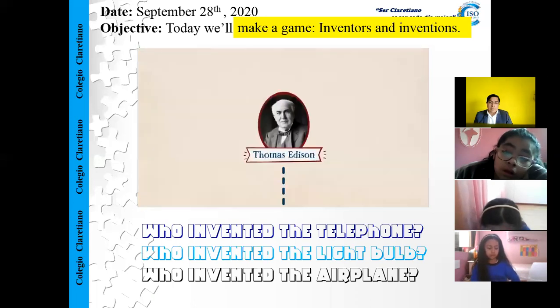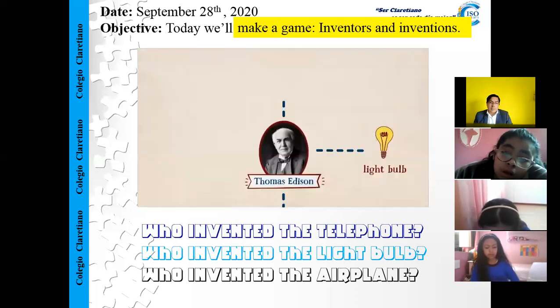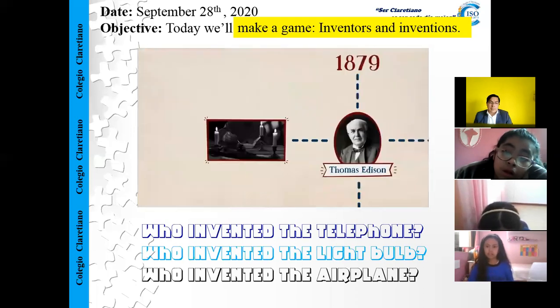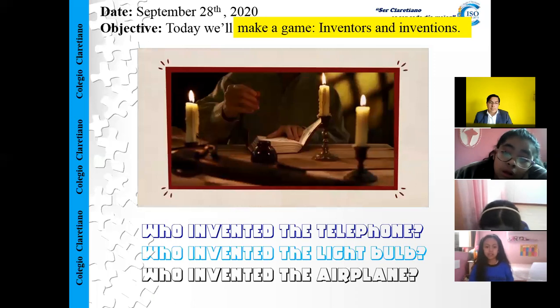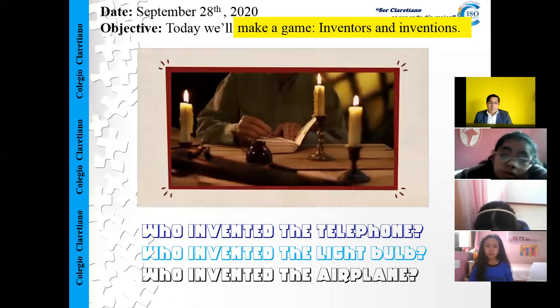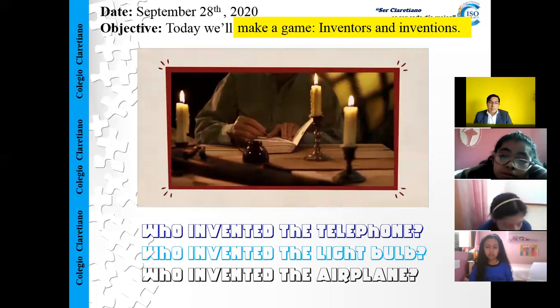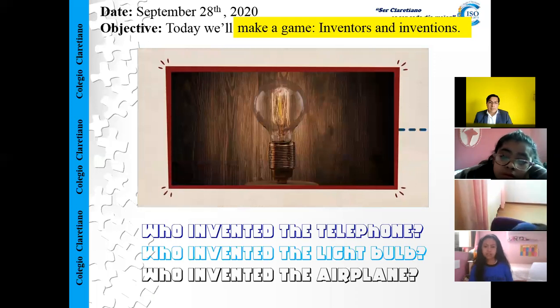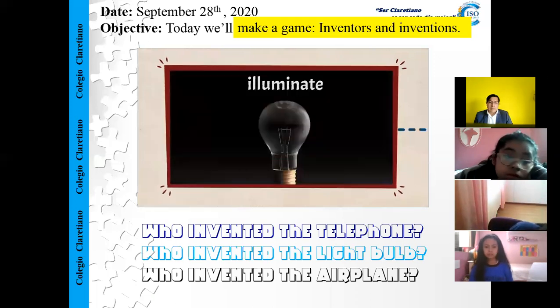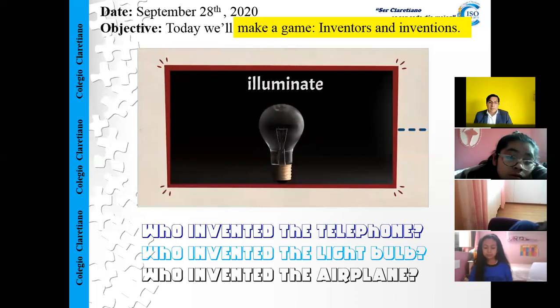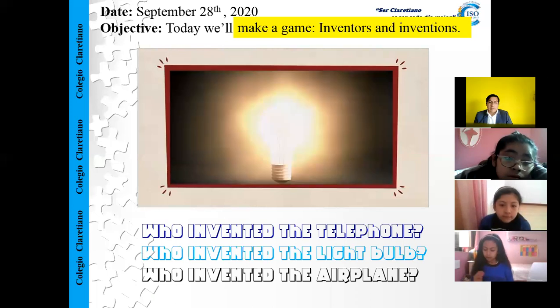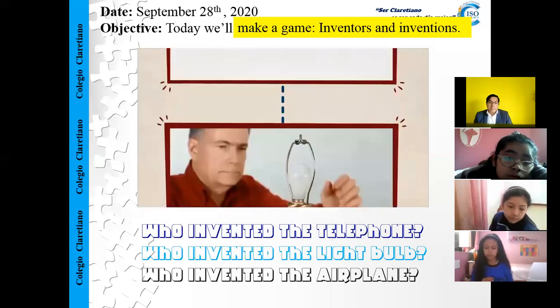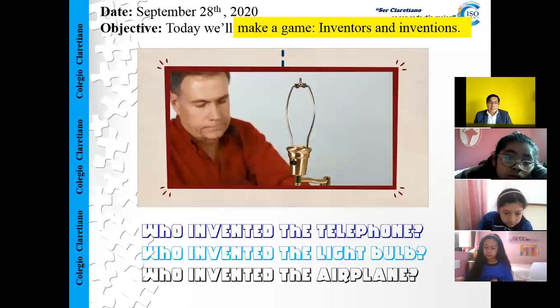Thomas Edison invented the light bulb in 1879. Until then, people used fire as a main light source. Edison's bulb used electricity to create light. It was more powerful and less expensive than candles. This is because one light bulb could illuminate or light up an entire room. Centuries later, the light bulb is still a common household item all over the world.